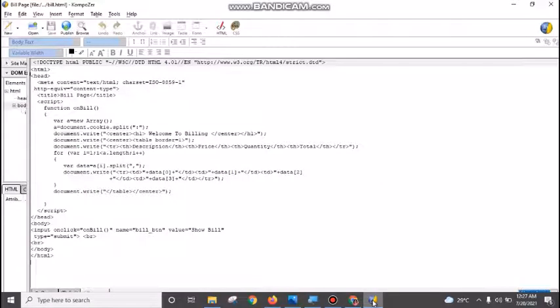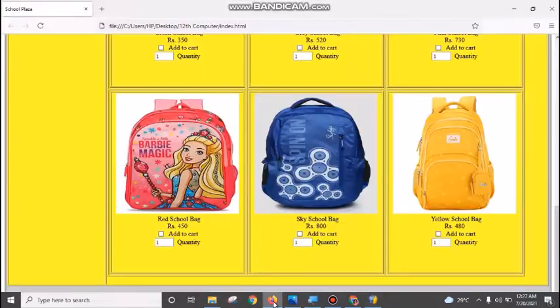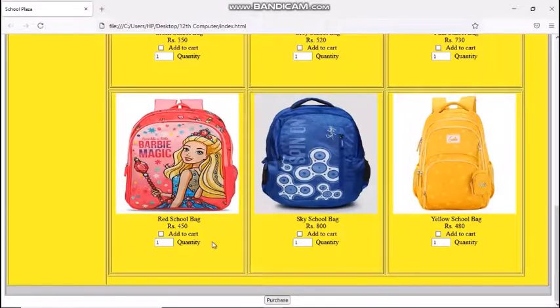Now we will save this file using Ctrl S and then execute it in Mozilla Firefox browser. I'll select this red bag, this sky bag, and this yellow bag. Quantity is 2, and then press purchase.